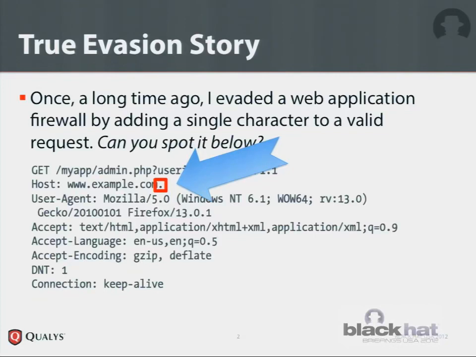If you're a passive device on the network, you know that performance is going to be your problem. So developers have to optimize in every step. And the way you optimize, you look at the host name of incoming transactions, and then you just discard the ones that do not match what you have in your configuration. So in this particular case, we had developers who didn't really anticipate the host name being slightly different. And that's why the evasion worked. And of course, after this, I was able to send any attack to this particular web application firewall, and they all worked without being detected.